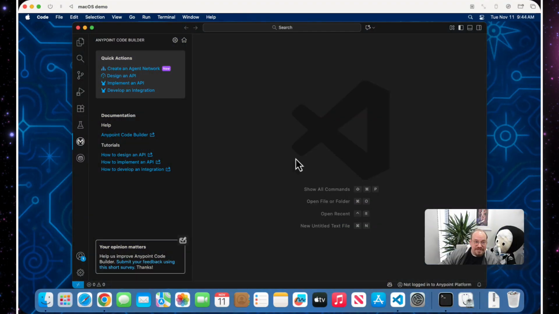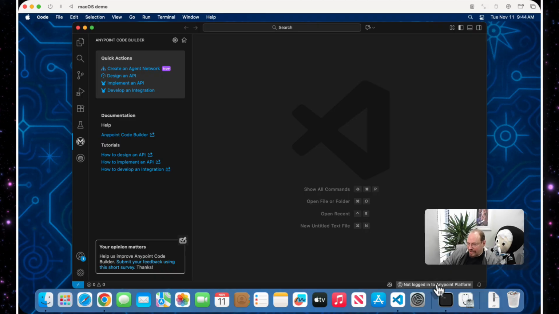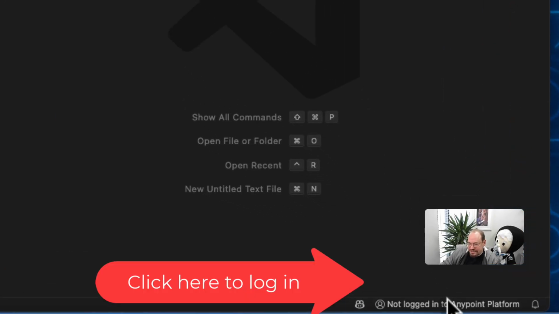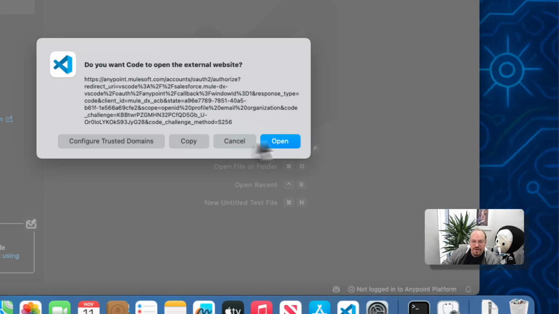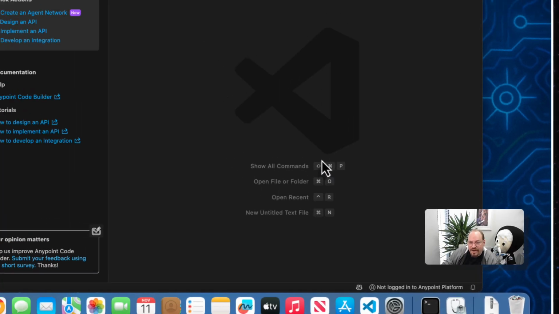Now, the next step is to log into your Anypoint platform account. So at the bottom right, you'll see it says not logged into Anypoint platform. Now, if yours says a username, then you're good. You don't need to log in. I'm going to click that not logged into Anypoint platform, and it's going to open a web browser